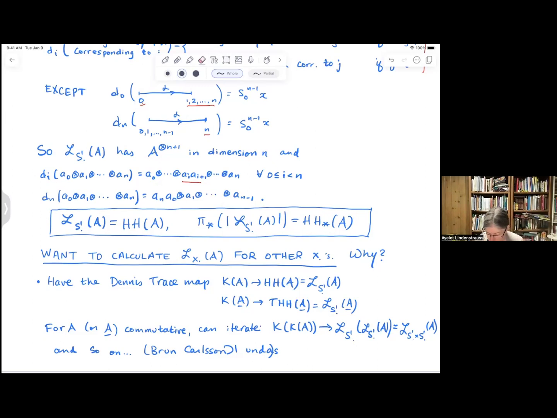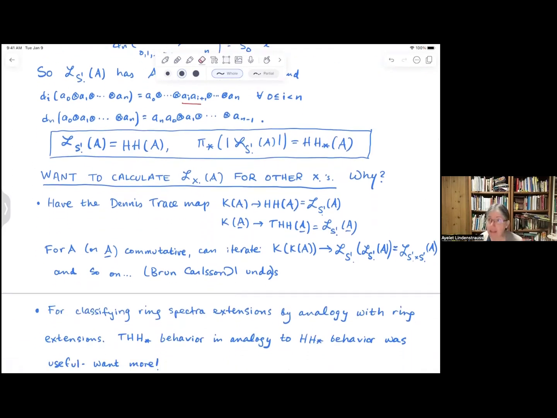But of course, if you iterate the Loday construction, this is a situation like we talked about, that if you do Loday construction of X or Loday construction of Y, that's the Loday construction of the product. So that's how Loday constructions of tori show up, and we would like to know what the Loday constructions are. And Brun, Carlson, and Dundas, they did this by studying,